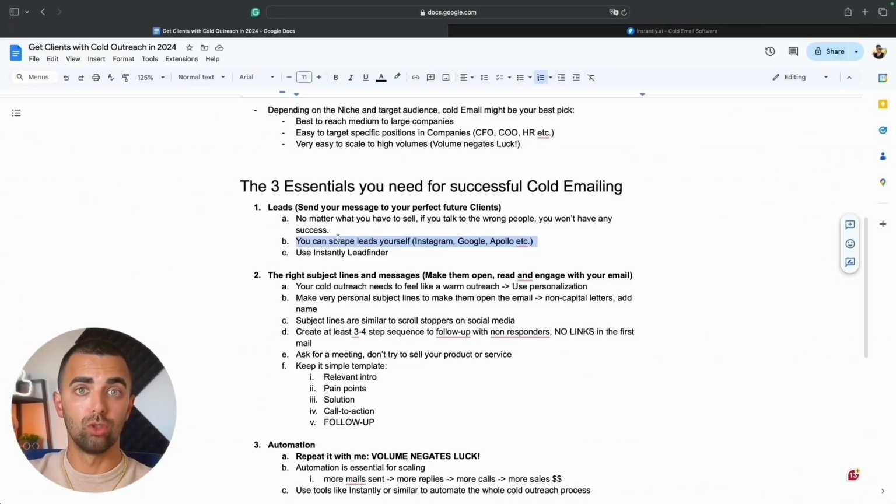And the good thing about this is if we scrape from Instagram, we can first of all use this list to send out cold DMs on Instagram, for example, using Auto IGDM. By simply importing that list into Auto IGDM, we automatically send out cold messages to them on Instagram. And at the same time, we can import this list to our email tool, for example, Instantly, and send them cold emails at the same time. So the chance of this prospect getting to see our message is twice as high as if we just send them an email or just send them a message on Instagram. So whenever you have the chance, combine different outreach methods. However, you don't need to do that in this case.